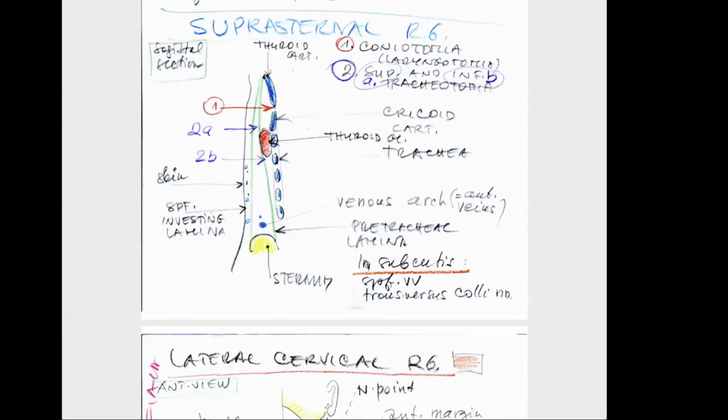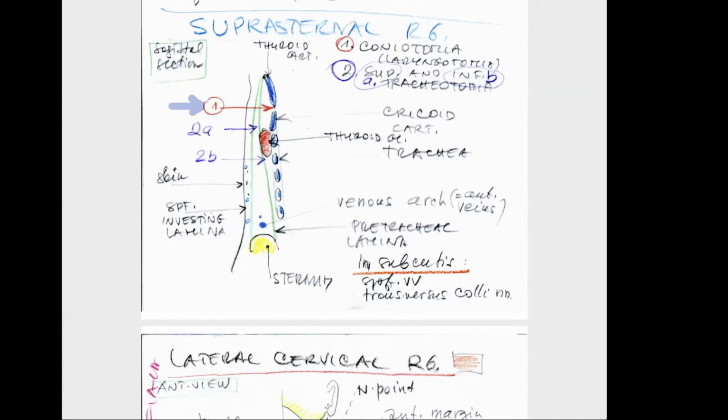And the most important fact is that here is the place of the coniotomia, or also we call it laryngotomia. Coniotomia is based on the older name of the conus elasticus, which was called the thyrocricoid ligament. It was the ligament which was called the ligamentum conicum. Details are not necessary. We remember that here is the